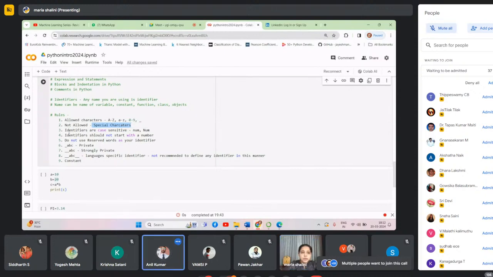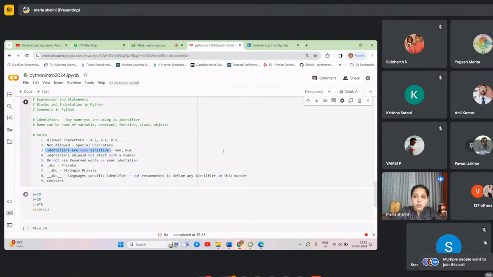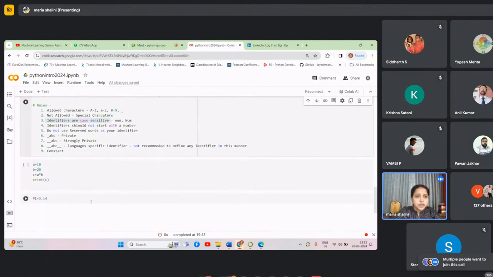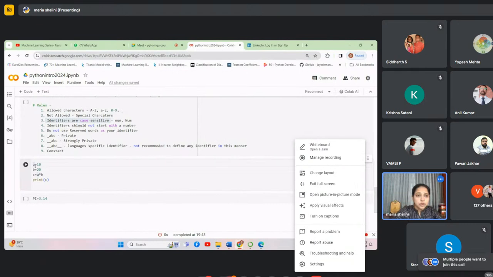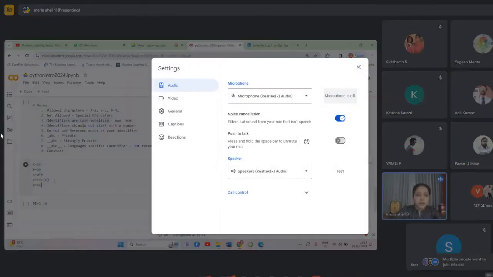And what about the third rule? Identifiers are case sensitive. It means case sensitive means what? Let me tell you. If you are giving capital X equal to 10, and if you are trying to print lowercase x, it will not work. Again, you will